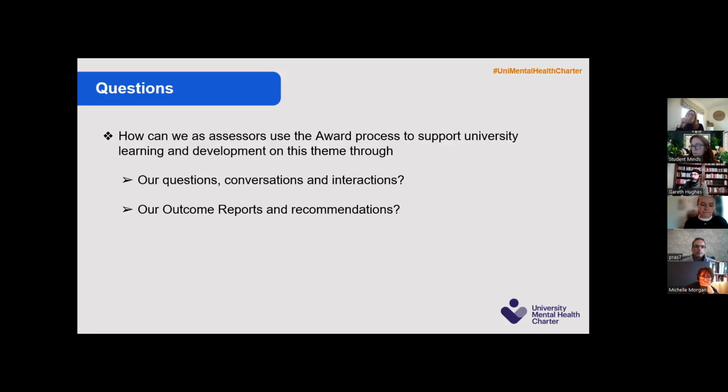But we did talk about how I don't think we ask enough about the strategic approach and what's informed it, why they've taken that approach. I don't think any institution is going to get this right at the moment, but it'd be good to understand how thought through and sophisticated their strategy is.